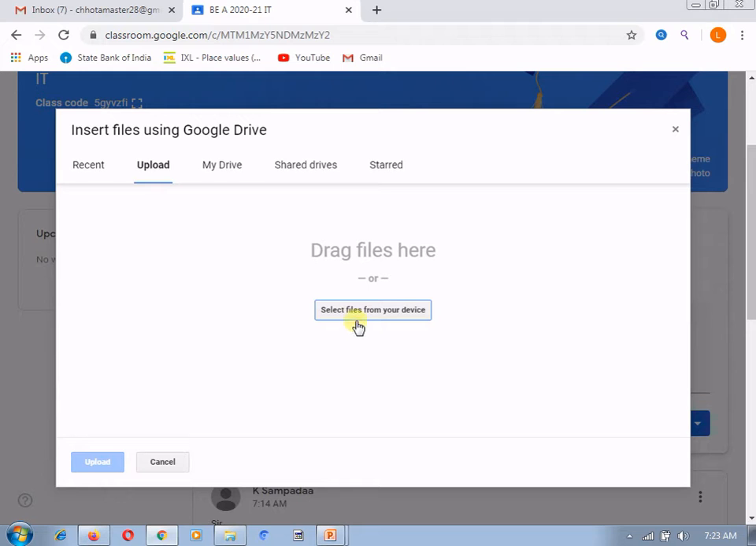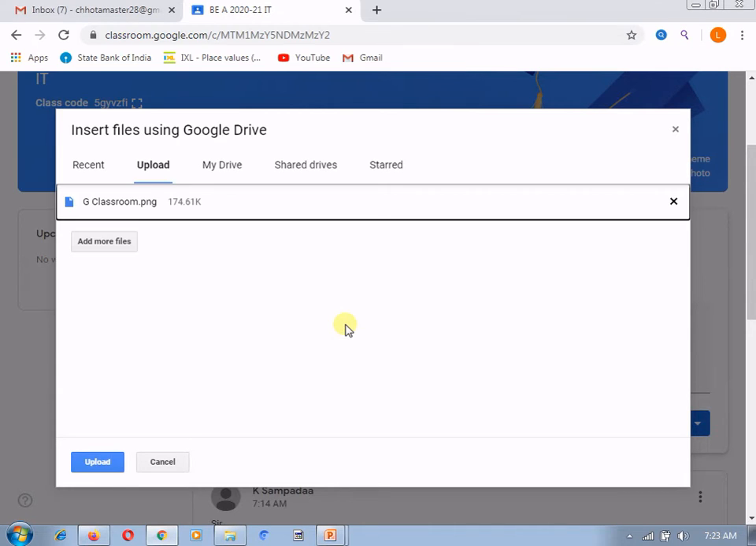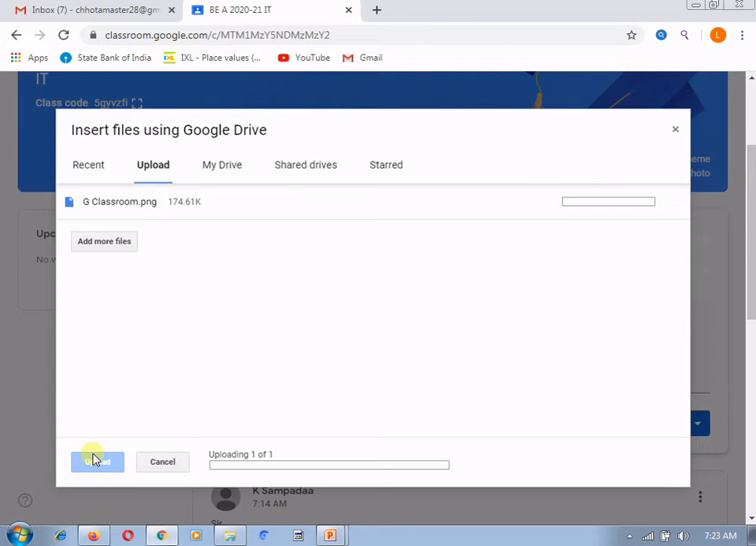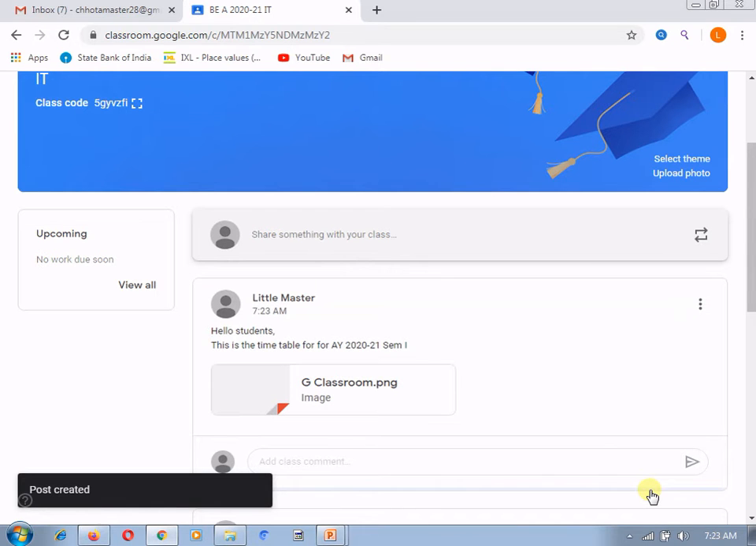I am uploading an image, as I currently do not have any timetable with me. Suppose I am uploading this particular image as the timetable, please consider it as a timetable, and I am uploading it. So it will show to your students, but students will not be able to post anything. Now after posting it, let's see how it will look